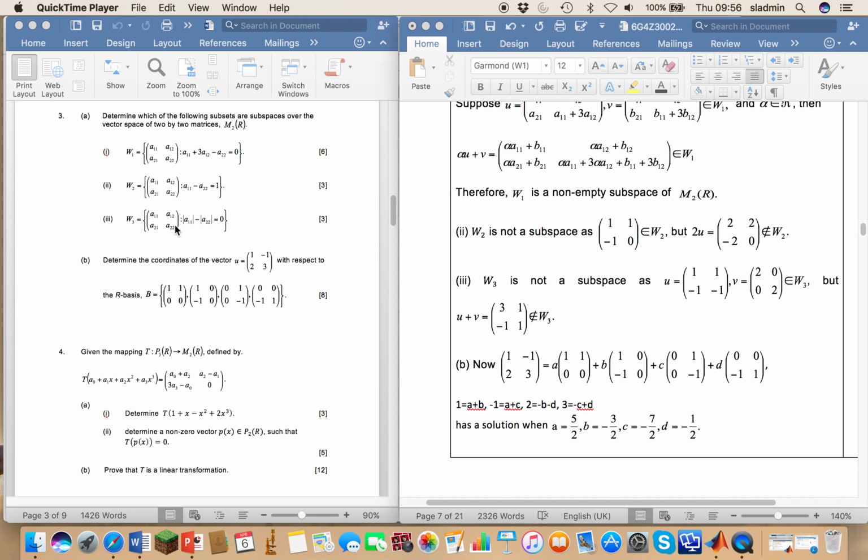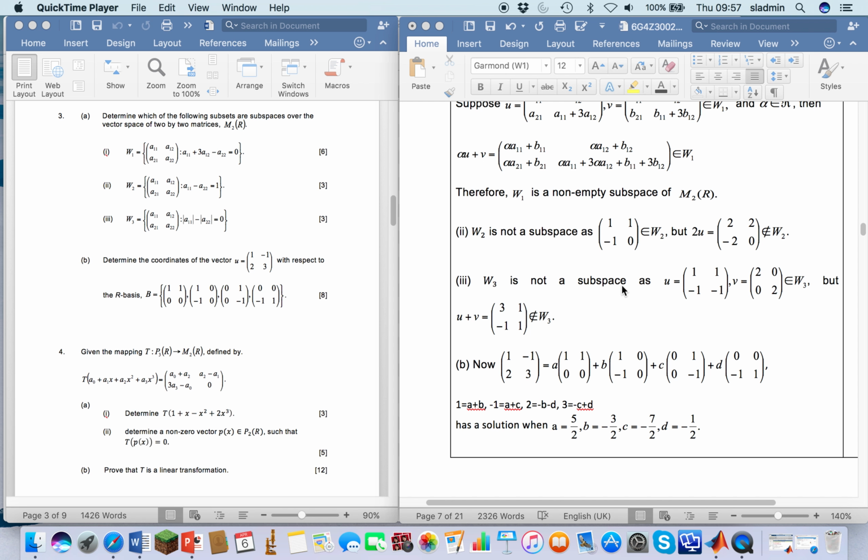W3 is also not a subspace. W3 is defined by the subset where the modulus of A11 minus the modulus of A22 is 0. Here again we can see the vector u does belong to W3 and this vector v also belongs to W3. But if we add these two vectors together, u plus v gives us this matrix 3, 1, minus 1, 3. Now the modulus of A11 is 3 and the modulus of A22 is 1. So the modulus of this, take away the modulus of this, is no longer 0. So this vector does not belong to W3. Therefore W3 is not a subspace